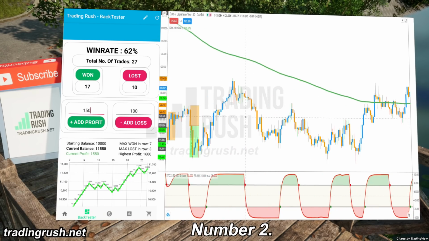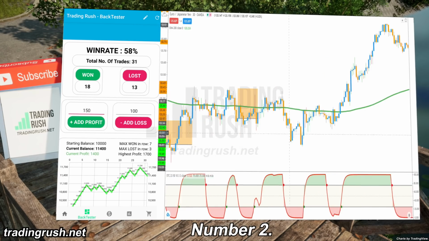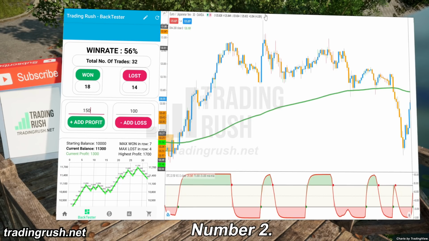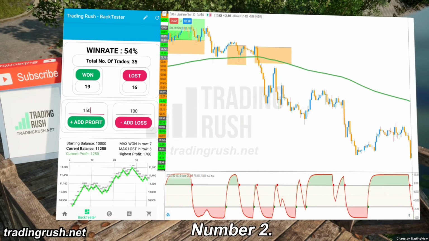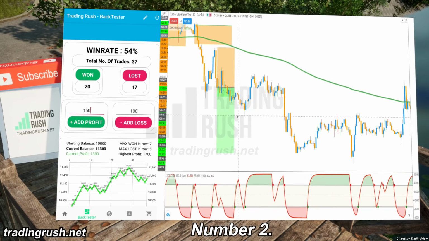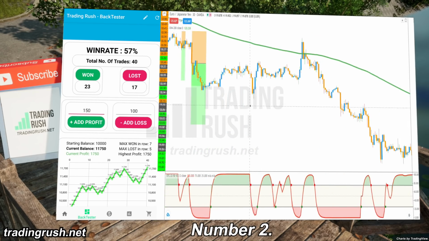Number 2. When it comes to entry signals, the Schaff Trend Cycle indicator gives some good entry signals. While taking 100 trades with it, I noticed that it gives entry signals similar to, if not better than, the MACD indicator. So the thing about it being faster than the MACD indicator is somewhat true, but hold that thought.